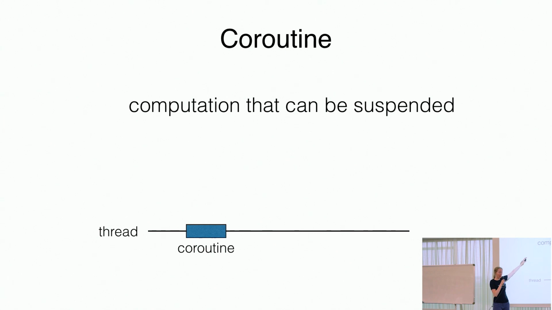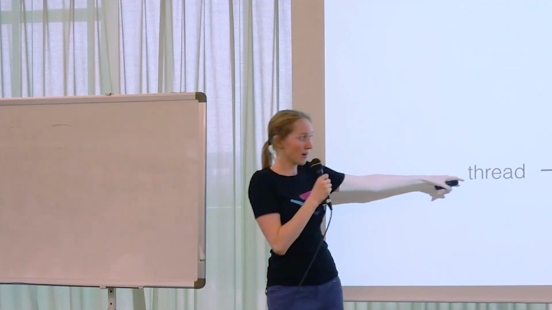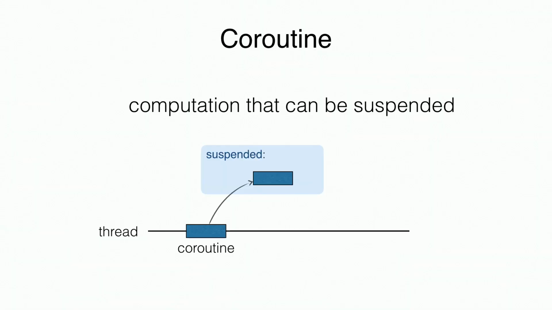So coroutine, in essence, is a computation that can be suspended. Now what is suspended? What does suspended mean? You can think of a coroutine as a small computation that you can run on top of a thread. Here I will use the following notation: thread will be a line and computation will be some rectangle. So here I can start a coroutine on a thread,